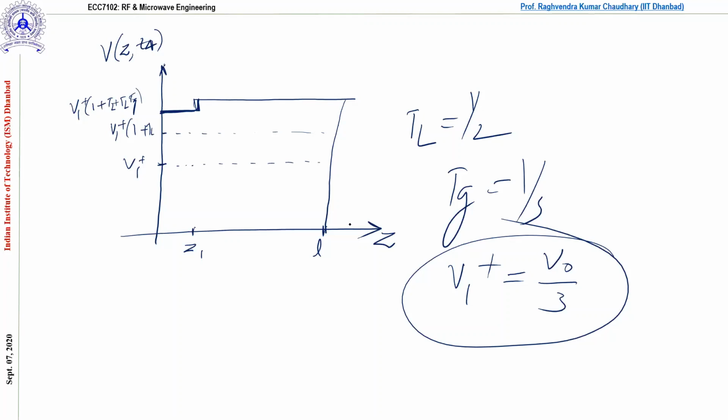And in the next class, we'll see the pulse excitation, and we'll see what will happen when two waves are simultaneously going inside the transmission line. Okay, so this is all from the bounce diagram, the basic idea. Okay, so if you have any questions, you can discuss with me. Thank you. So the meeting will be ending in